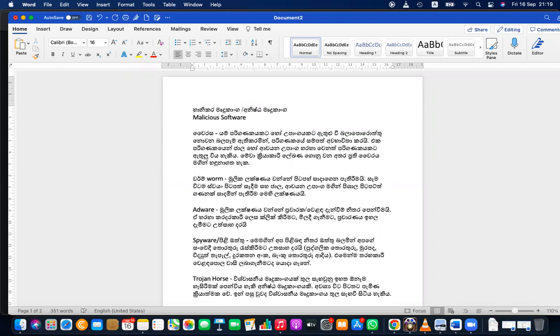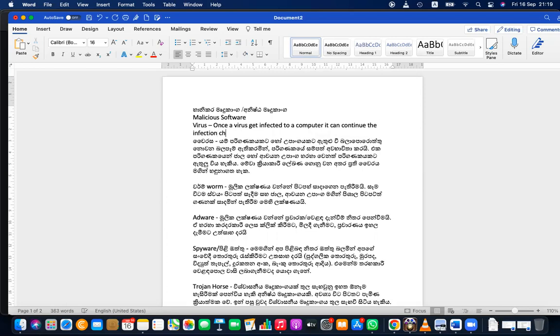The first one, virus. Once a virus gets infected to a computer, it can continue the infection chain.